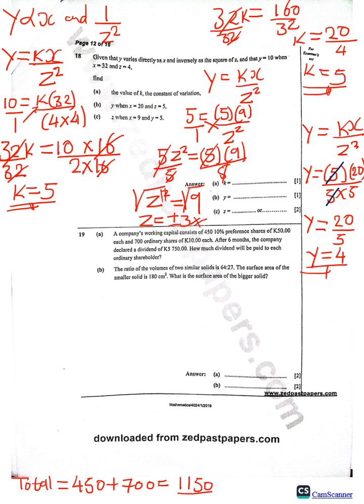So from there, for us to find the dividend for ordinary share, we'll look at the ordinary shareholders. So let's look at the ordinary shareholders. So ordinary shareholders were 700 over the total number of shares in total,